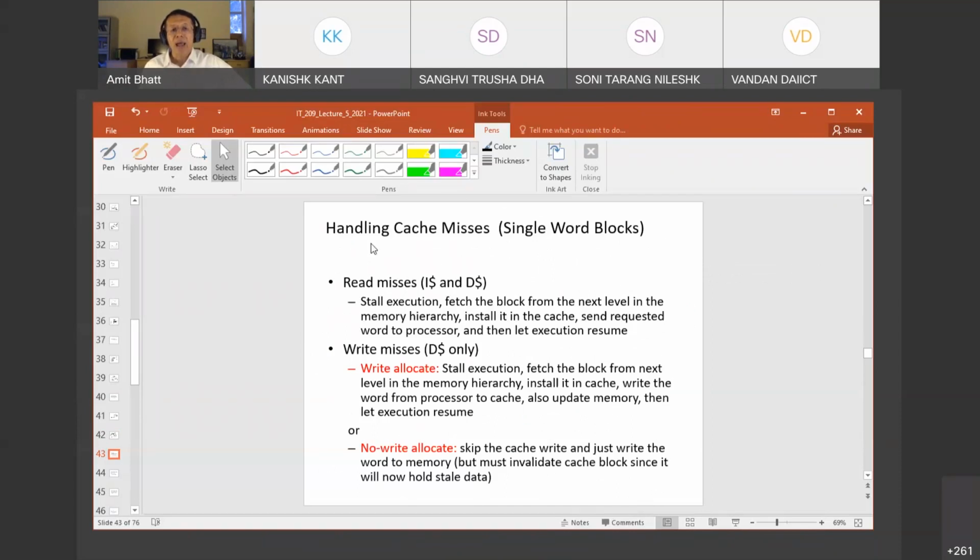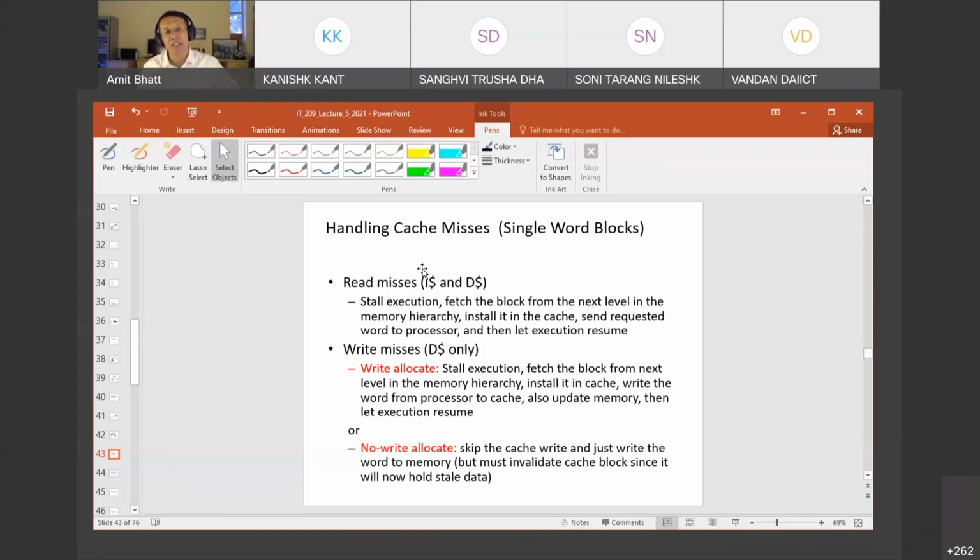Okay, so handling cache misses. The first one is known as read miss. Read miss means sort of like a load operation. When you have a load operation, you do a read operation. A read operation is done either in instruction cache or data cache. So you read a particular instruction and copy it and get it back, or you read a data and then